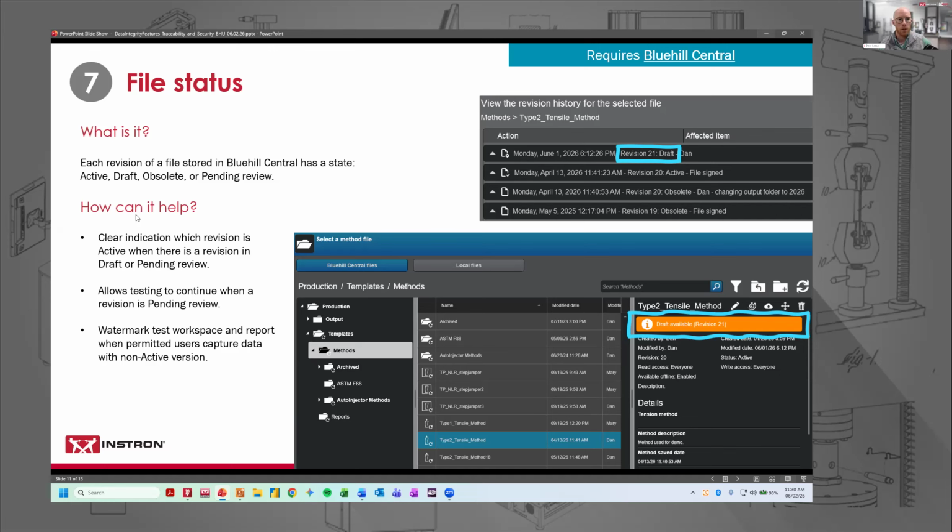But really, that's one way this can help. Another way is just clear indication of if there is a draft available. Knowing what you're opening, knowing what you're using is something that I think definitely promotes data integrity. And you can see that in this screenshot, as someone is opening up a method file, maybe they're going to modify it, maybe they're going to create a test, there's indication quite clearly that there's a draft that is available,